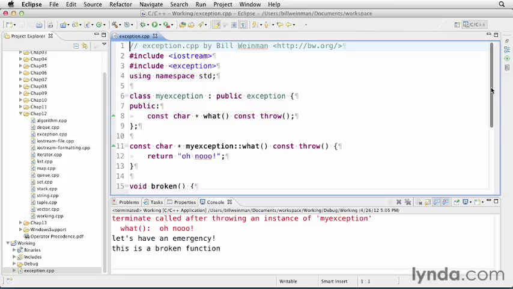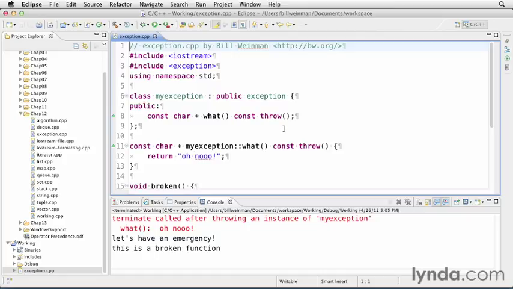And one of the few things that it does is it declares a what method as a virtual function so that we can override it. And you'll see that over here, it says overrides, as opposed to a different word when it's not a virtual function. But you really want this to be a virtual function. It's designed to be overloaded. And so this is pretty much how the exception class is designed to be used. And so all we do in this myException class is we overload the what method,